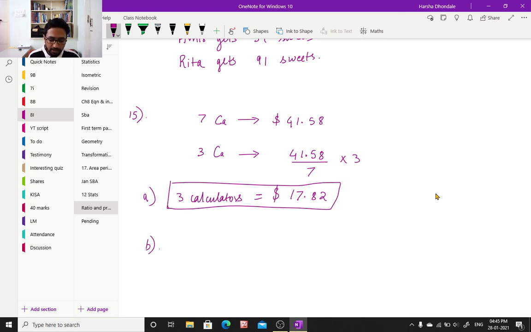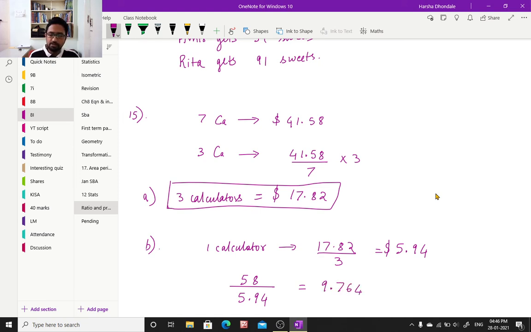How many calculators can you buy for $58? Now, three calculators cost me this much. One calculator costs how much? 17.82 divided by 3, and that is equal to $5.94. And then how many can you buy for $58? 58 divided by 5.94, I need to calculate. Okay, that gives me